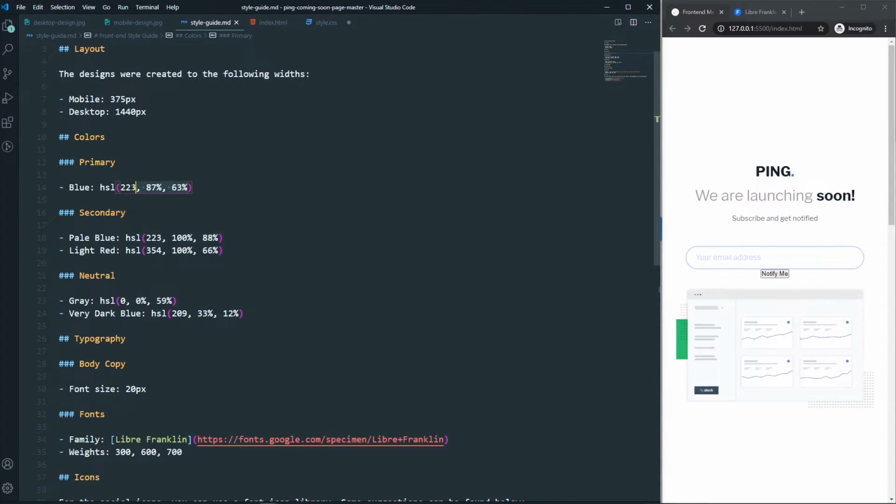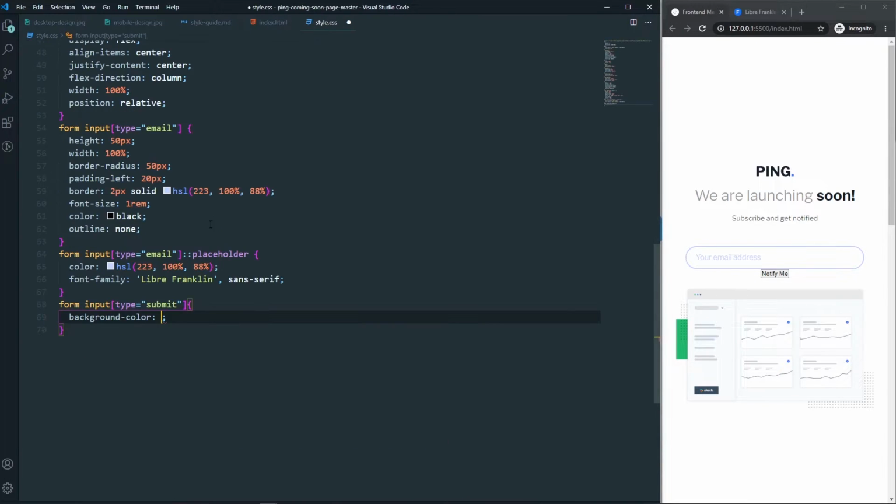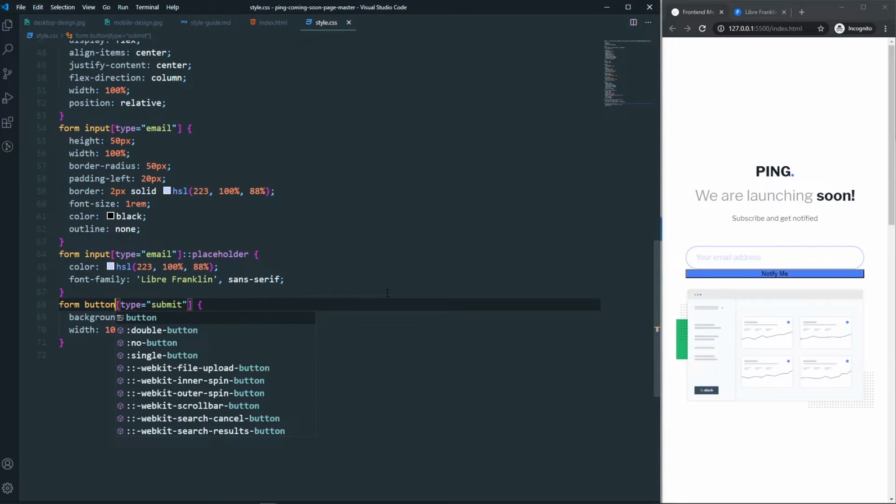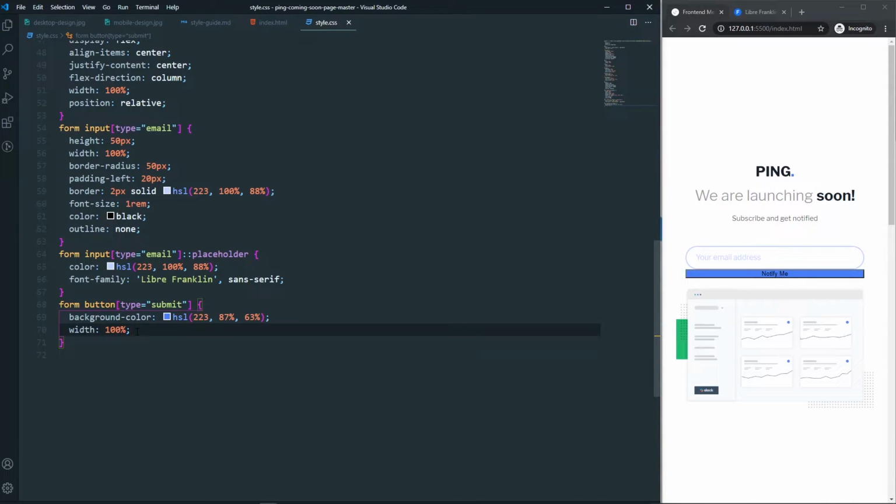So for that we can use this primary color and paste it here. So we can't see any background because we don't have any width of 100%, or we don't have any padding here. Sorry, that's not an input, it is a button here actually. Yeah, now as you can see that we can see our buttons,